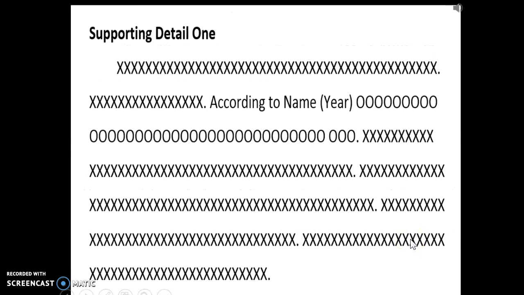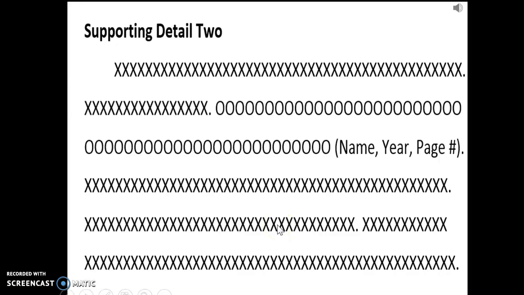Then you have supporting detail 1, where you can see you and your ideas create the topic sentence, introducing the supporting detail. Then you have an in-text citation according to author's last name, year, and then those words. And then the sentences that follow, you are going to be discussing how this is significant to your overall topic. And then your last sentence or two will transition to supporting detail 2, where your words construct the